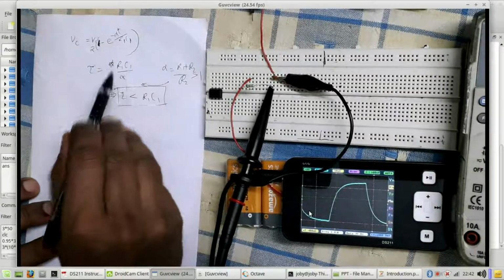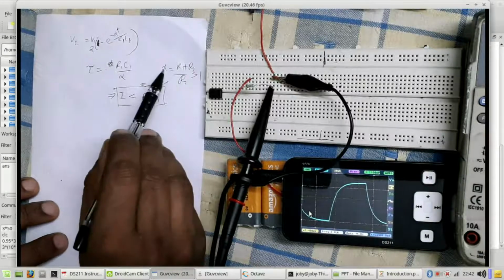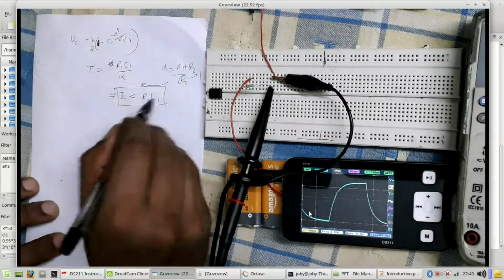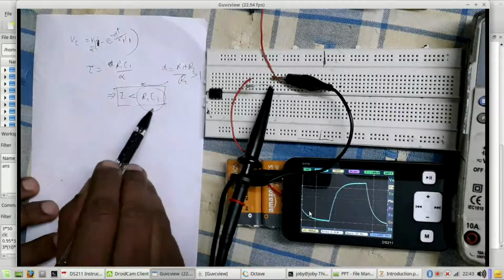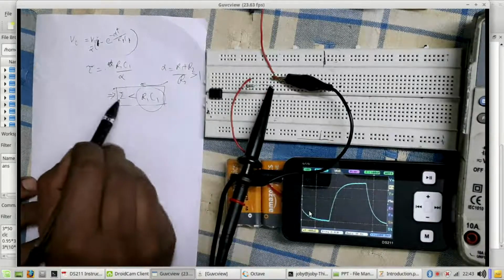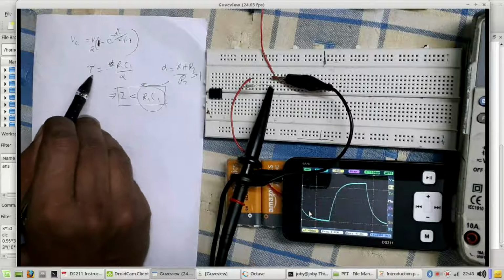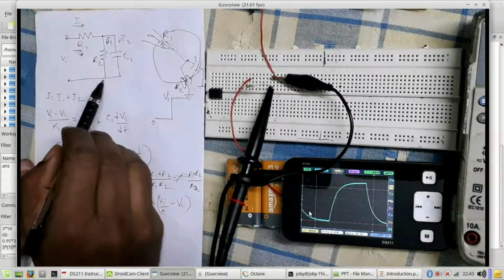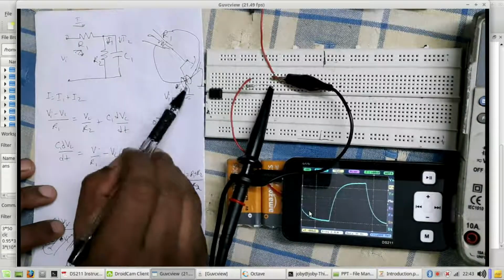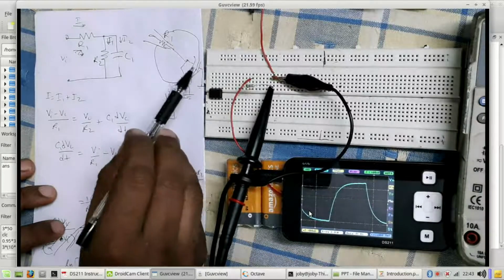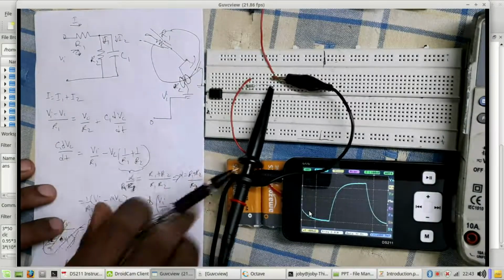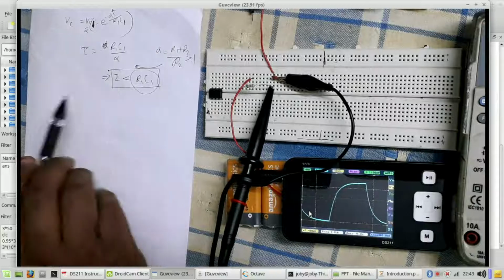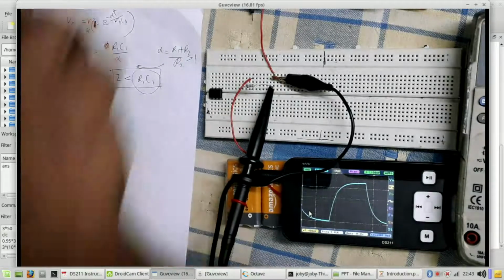The solution is this, R1 C1 by alpha, and alpha is greater than 1, which means tau is less than R1 C1, our previous time constant. In this situation, the tau for this circuit, by the introduction of this element, which is sort of analogous to the membrane conductance in parallel, is reduced. By doing that, what we are doing is reducing the time constant. Okay, is it true? So we will plug in another